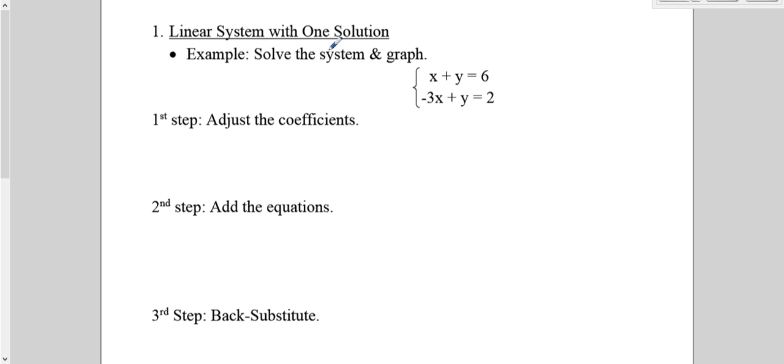Let's look at a linear system that has one solution. If we take this equation here, we're going to follow the same 3 steps that we covered in section 6.1. And we're going to look to add these together and eliminate a variable. Right now, if I look at these variables, I could multiply x by the 3 up here and get 3x and negative 3x. Or I could multiply either one of the equations by negative 1 to end up with a positive y and a negative y. So I'm going to go ahead and do that. I'm going to multiply the first equation by negative 1,